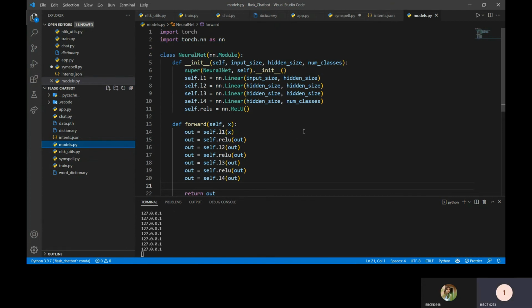Okay. So this is the neural network model that we are using here. We did different trials to find how many layers and what kind of activation function we should use, and after all those trials, we found these are the best possible choices for better performance. In this we are using one input layer, two hidden layers, and one output layer. The activation function that we are using here is the ReLU activation function.